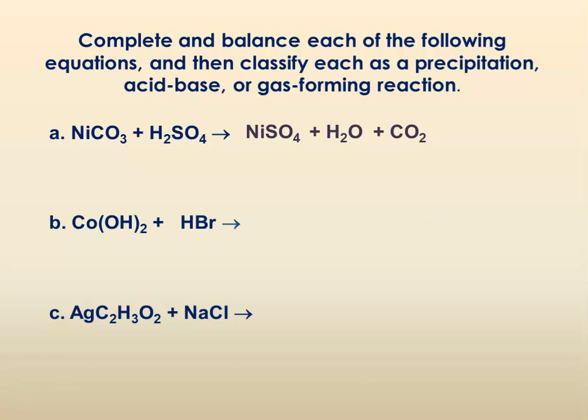And if we look at that particular equation, I do believe it is balanced. You've got one Ni on both sides, one sulfur on both sides, one carbon on both sides, and 7 oxygens on both sides. In our next example, we have an ionic compound with a strong acid again, but this time